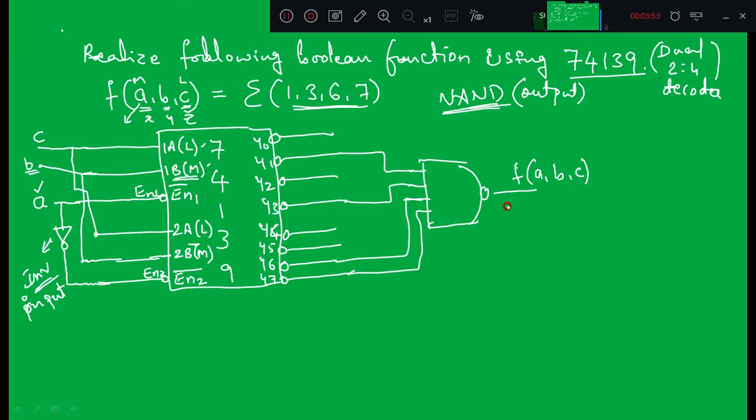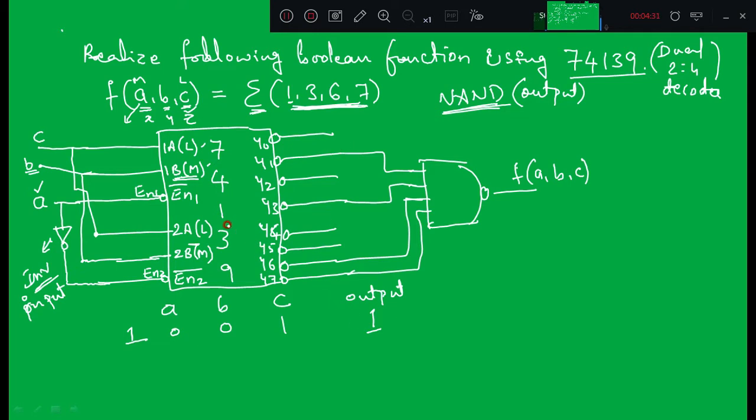If you want to analyze this circuit, you can do that. We will analyze the circuit for 2-3 combinations. The first combination is 0 0 1, and we will see what the output is. The decimal equivalent of 0 0 1 is 1. Is it there in the given function? Yes, that means it is a summation, so I need to get output equal to 1, because these outputs are the min terms.